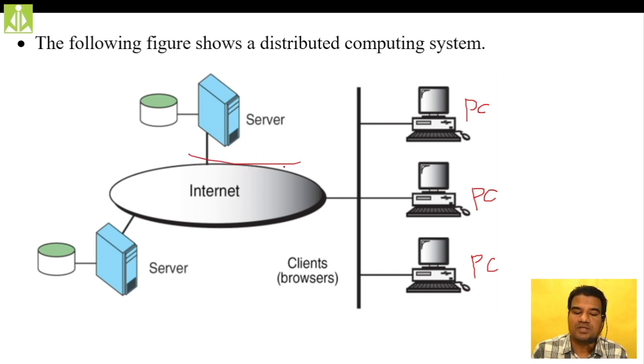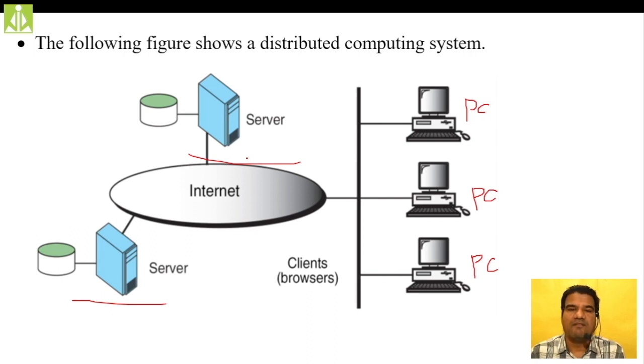Here, as you can see, there is one computing and one central computer, and this is another central computer. They are powerful computers, we can say. As you people will know, Facebook, Google, or Amazon, all these big IT organizations maintain their servers at different geographical locations. So they will have an Indian server, a US server, a Japanese server. Likewise, they have different servers all over the world.